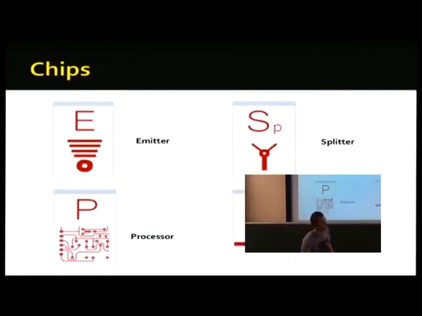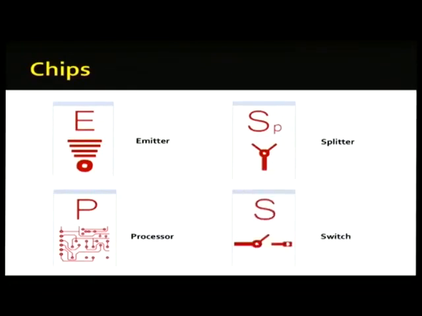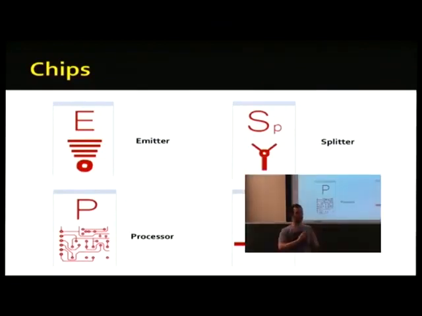And finally we have the switch, which is going to get to the question that was asked earlier about how we sequence things together. So I'm going to give an example. So far what I've shown you, you have all these chips that are always running in parallel all the time. So it's not obvious how you sequence your game, right? Obviously, the game has some kind of progression to it. Maybe it starts with an intro screen, and then it plays some music, and then it's a selection screen, and then you're playing the game, and then if they pause, you want it to stop, etc., or then they die.